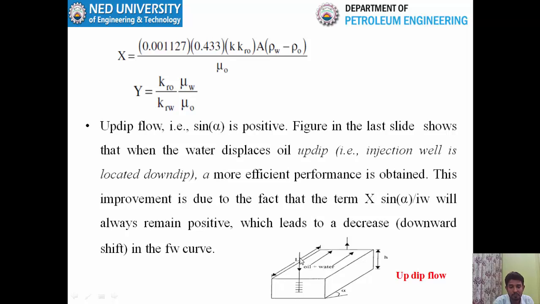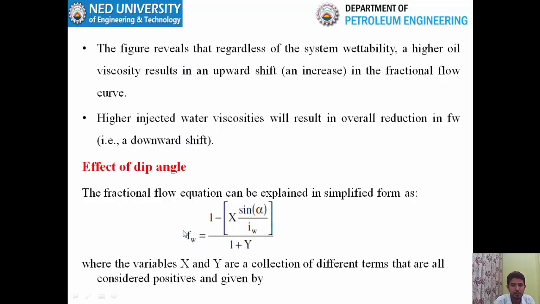through the down dip well, which means water is moving up dip, because of the gravity segregation, water will not flow very fast in the reservoir. So in that case you have the efficient displacement process. Or again you can see through this equation that through the up dip flow